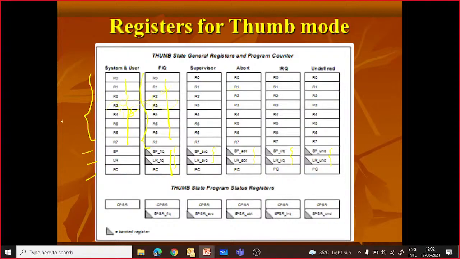So you have to use the stack operation instructions already available in ARM, because fresh copies of registers are not available in thumb mode.